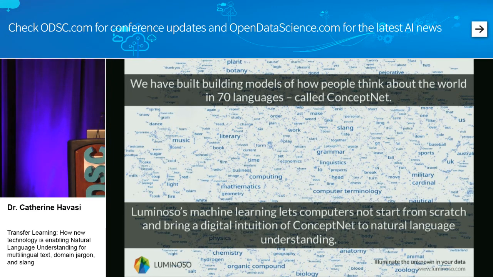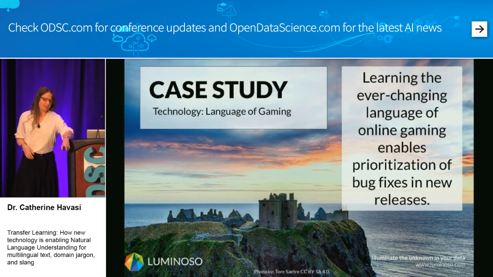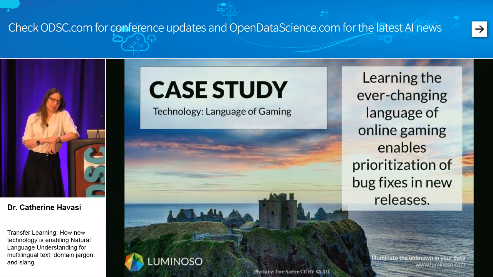A way of really explaining that is with a couple of different case studies. My favorite domain-specific language is gaming. It's a really fun and funny domain. It looks a little bit like the real world depending on the game, and then it deviates wildly in other places. It can look exactly like our world, and then we can have wizards who throw spells and buy crystals and all kinds of other things. So that becomes a really interesting domain to transfer into.